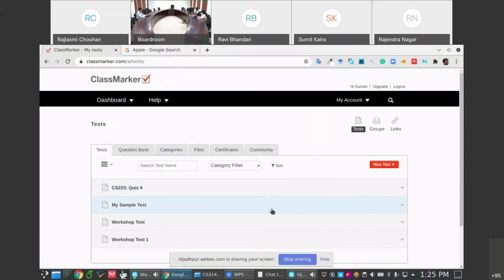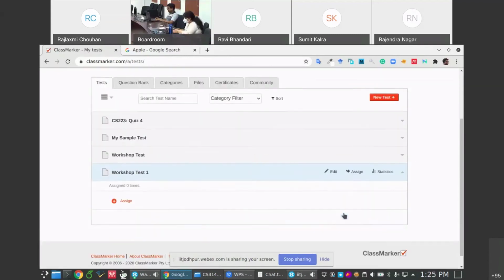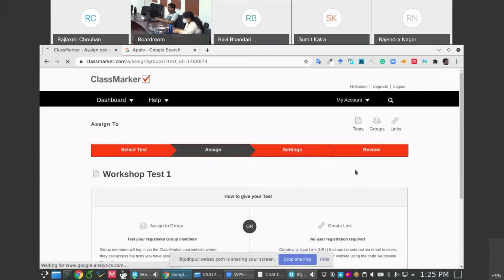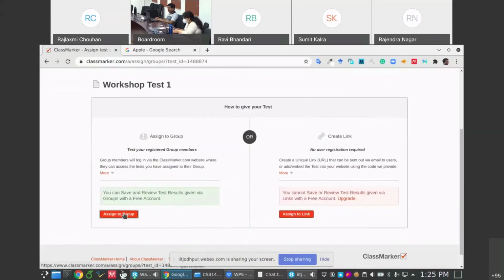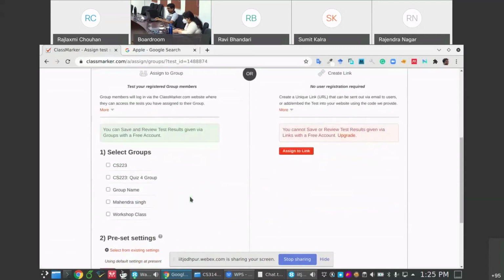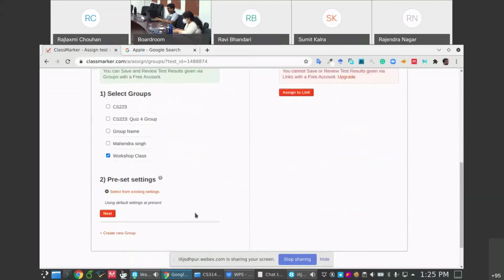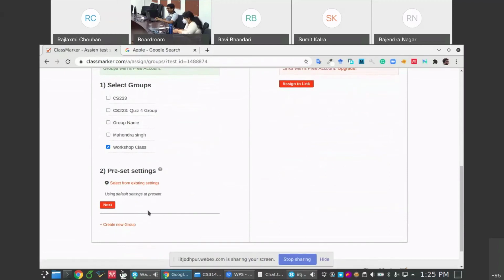Now once you have this test, you can assign that test to a particular group. Assign to a group. And you select that Talkshop class I created with my ID, and it is in my pre-selected settings, but you can change it in the next screen.